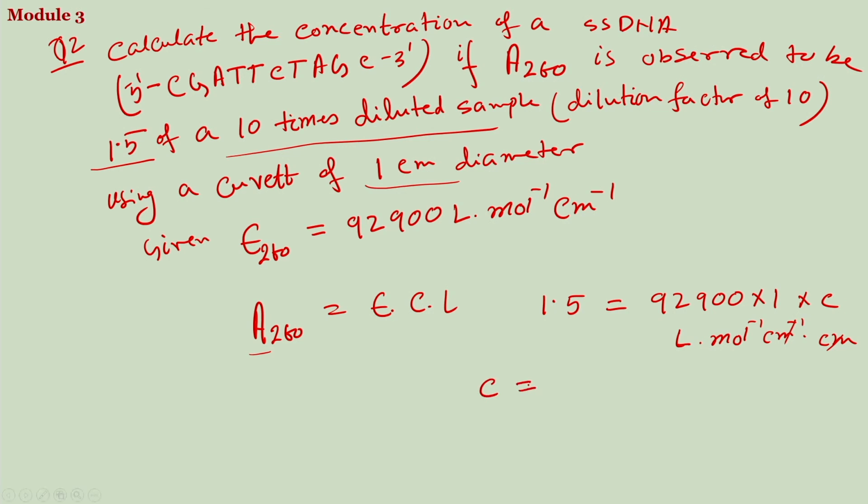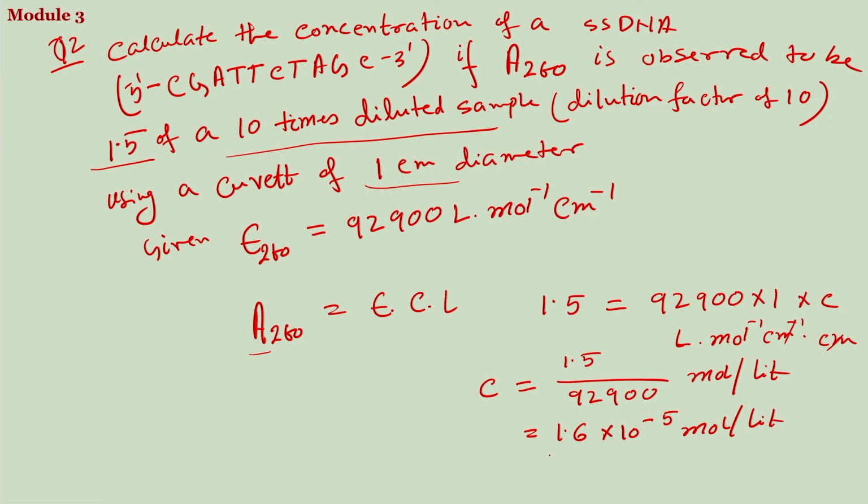So, your concentration would be 1.5 divided by 92,900 mole per liter, and that is coming as 1.6 into 10 to the power minus 5 mole per liter,